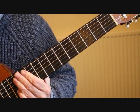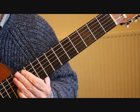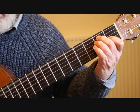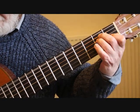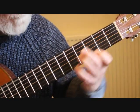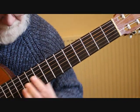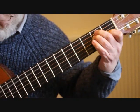And then actually what happens now, we go back to bar 52 and we repeat it all the way to the end of bar 69. So I'll just play through that now slowly. So this is from bar 52. Up to the A minor chord, then we repeat it,